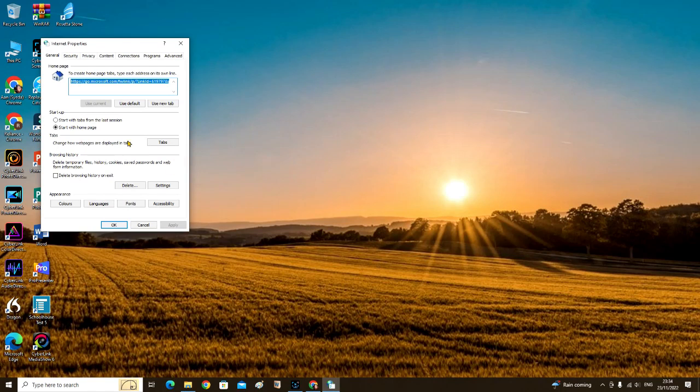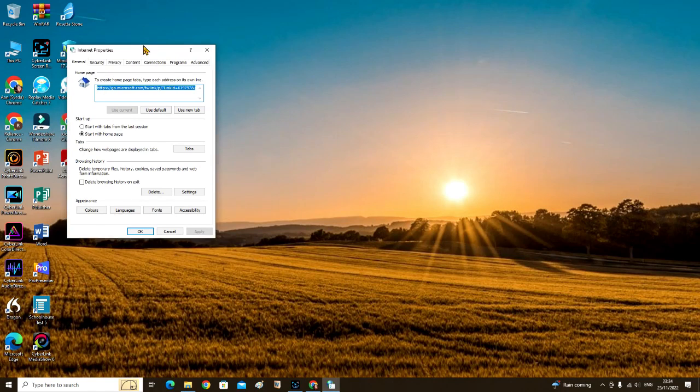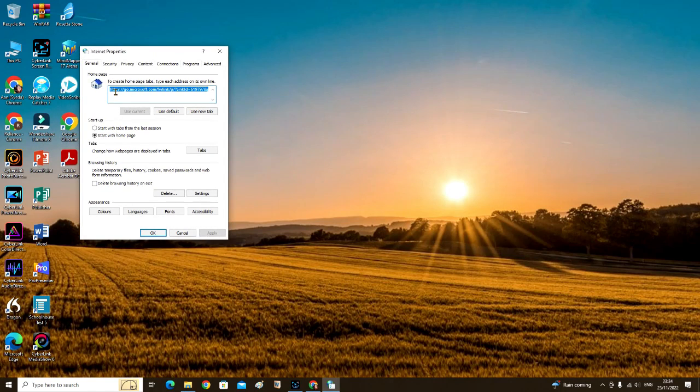You can see this window will open and it will show you the browser you are using. You can see here it says delete browsing history on exit. If you are okay that your browsing history is deleted every time you close the browser, you should tick this one. And you can even delete the history, and once you press the